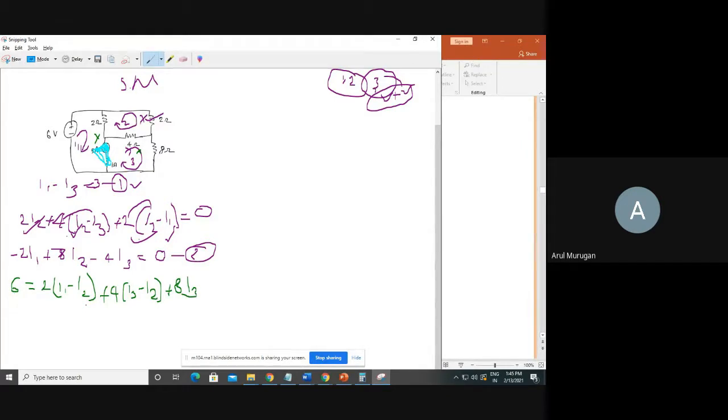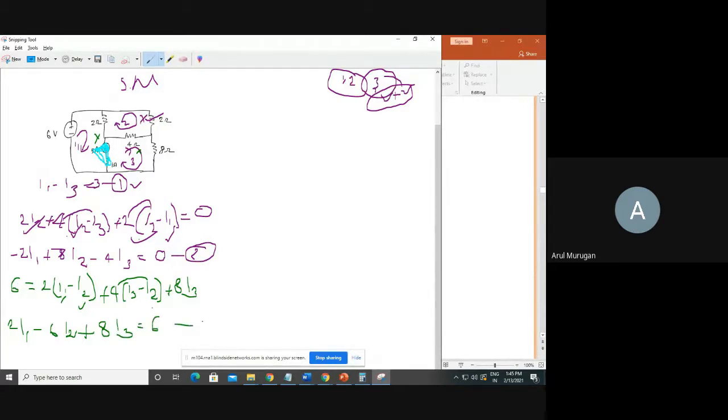Can you simplify? How many I1s are there? Here are I1s. 2 I1. How many I2s are there? Minus 2, minus 2. Okay, minus. So I will write it as minus, leave it. Then 2. Here also the same minus is there, so that's why I have written it commonly. So 2 plus 4, what is the answer? 6. Then 6 I2. Then how many I3s are there? Here plus 8 I3s are there. I3. It is equal to what? It is equal to 6.